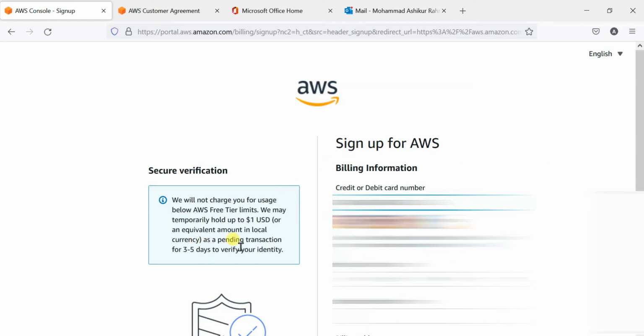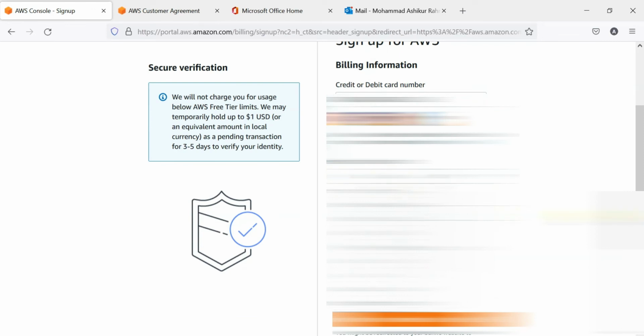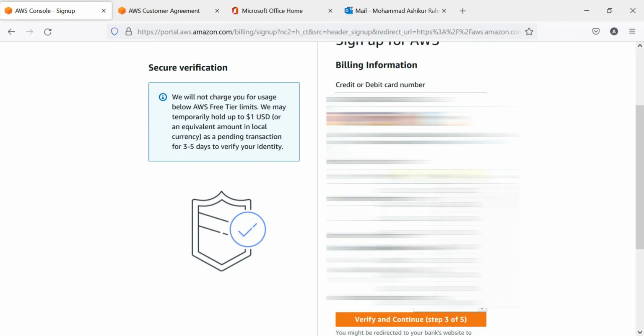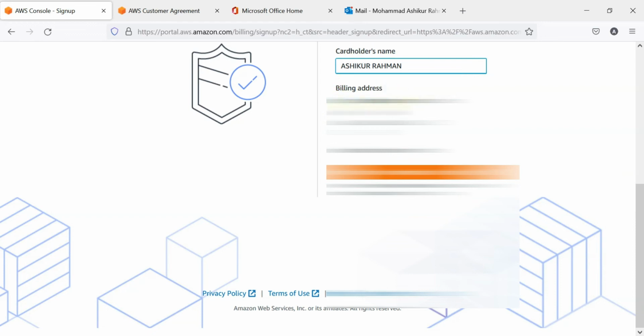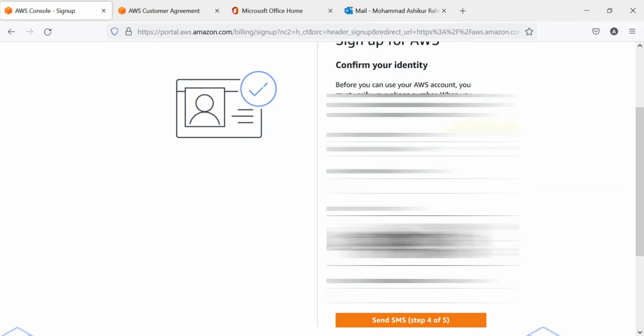So basically you will get this $1 back within the next 3 to 5 working days. So there is nothing to worry about. So put in this expiration date of your credit card and put in the cardholder's name here. And billing address, select the billing address that you prefer, and then click on the verify and continue button, which will take you to the identity confirmation page